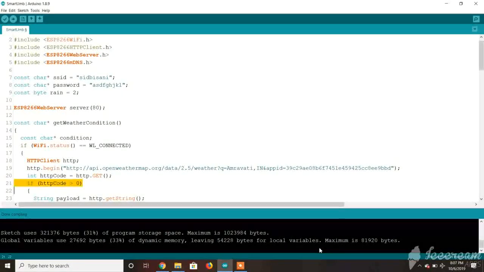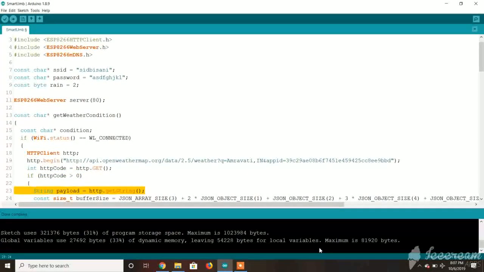HTTP code greater than 0 implies we are getting a response and our if condition is being executed. By HTTP get string, we are getting the text from the URL above and storing it in payload.